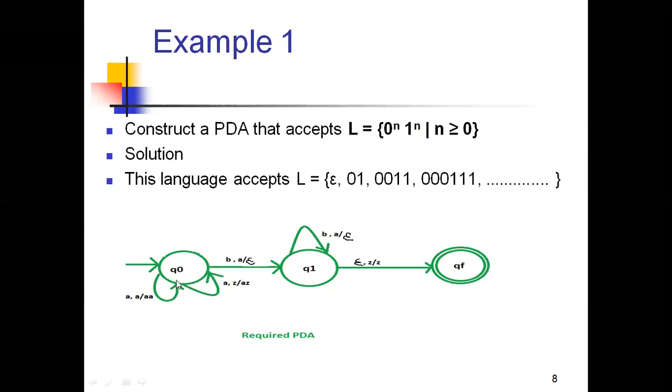So here I'm starting with 0 as a self loop for Q naught, and Q naught to Q1 it is 0. And now I need ones, right? So for Q1 I'm putting ones, and Q1 to QF it is 1. So what it means is here I can use any number of zeros, then after ending of the Q naught, here I can use any number of ones. Because any number of zeros and any number of ones means, in the language itself, whenever the zeros end, then the ones should start. So that's why I choose an automaton like this.